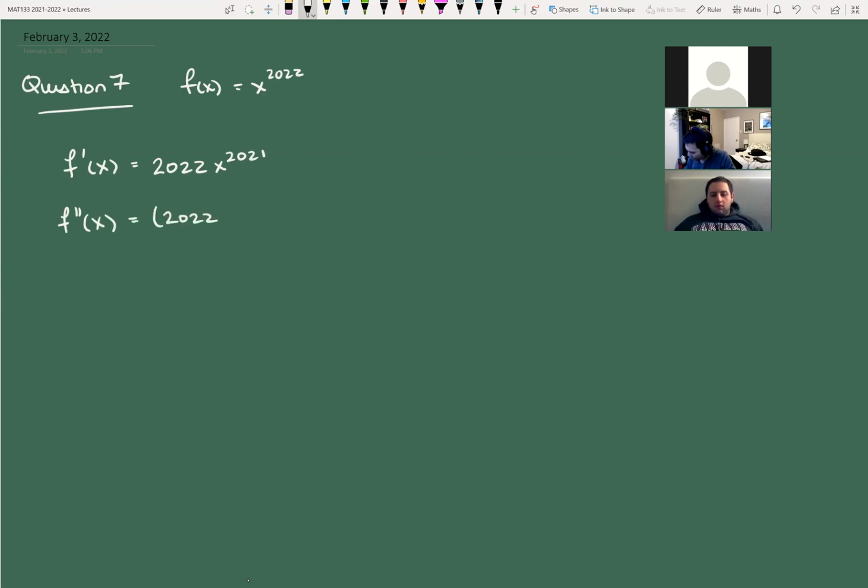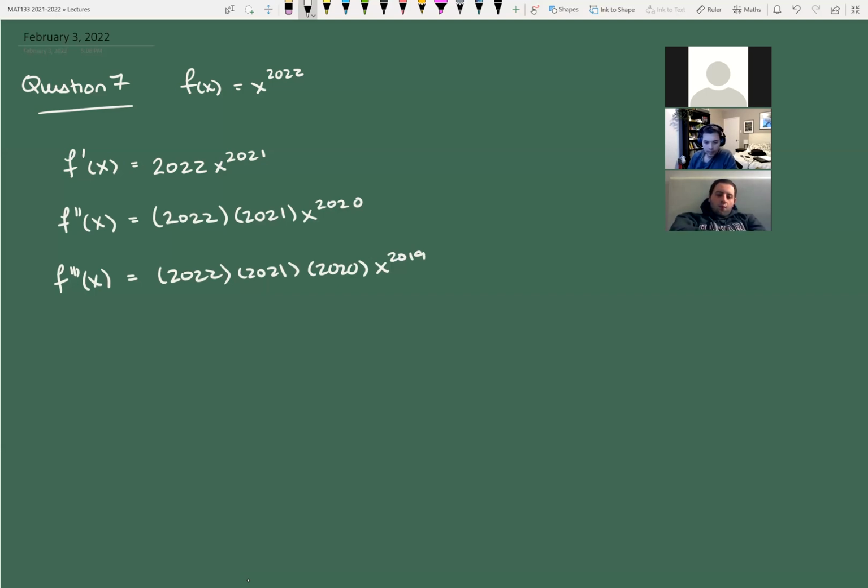is, now I'm not going to actually multiply these together because that's kind of messy. But you just basically do the same thing, right? Where you, again, use the power rule and you bring the exponent down and then subtract 1 from the exponent. And let's maybe just do one more of these, see if we can see the pattern. 2021, 2020, x to the 2019. Okay, so it seems like every time we take a derivative, maybe let's just say, what do we think the nth one is? Well, it seems to be, we're going to take 2022 and we're just going to keep multiplying it